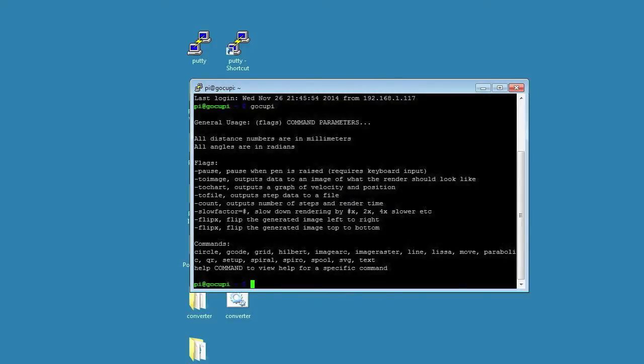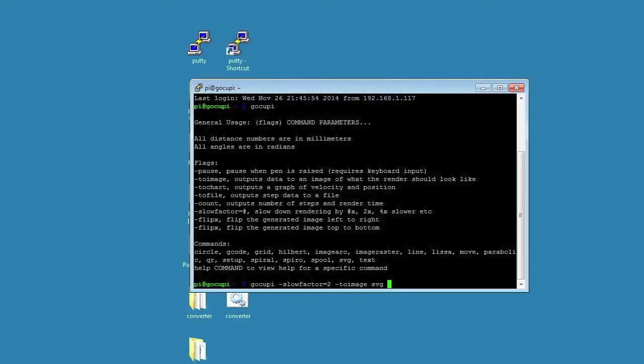So say if I wanted to draw the GoCupy SVG that we just made, I would type GoCupy space minus slow factor equals, we'll just say 2, minus toImage because I'm going to output it, and then SVG, and then however big you would like to draw it.